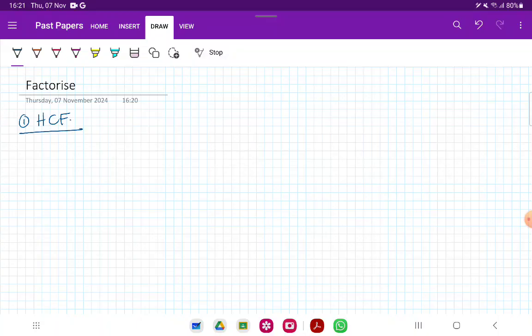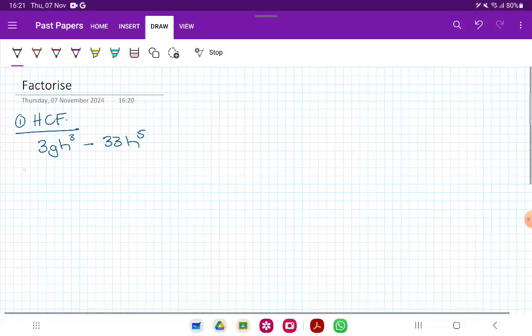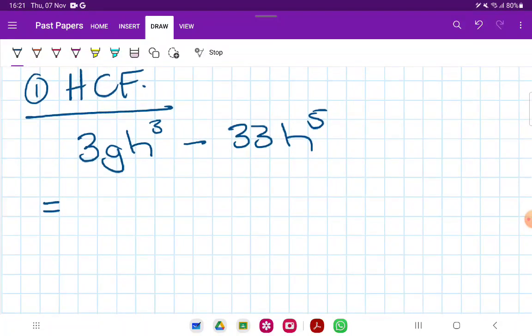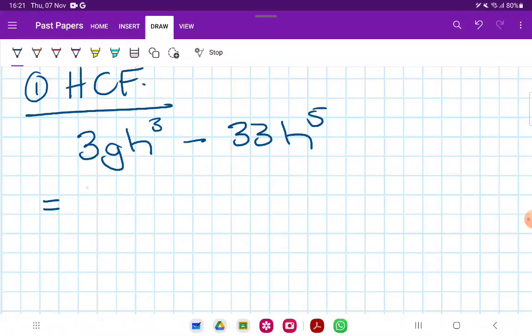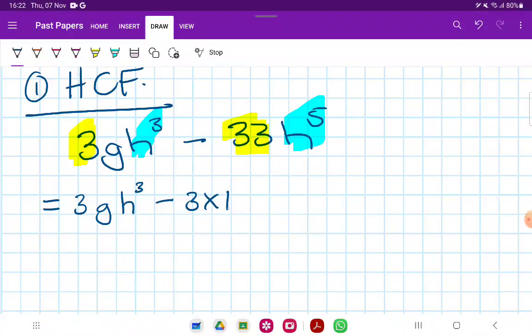For example, if I give you 3gh cubed minus 33h5, you can then break this down. I don't know if you remember how I used to do this. You can break this down into, if we see, we've got our numbers. So the numbers we're going to break down, and then we've got h's, right? So let's break those down. We're going to say 3gh3 minus 3 times 11